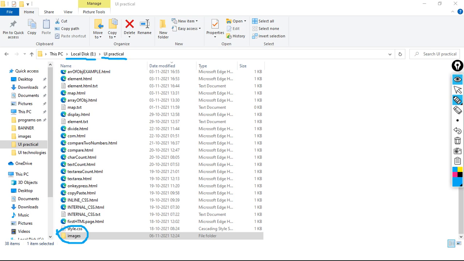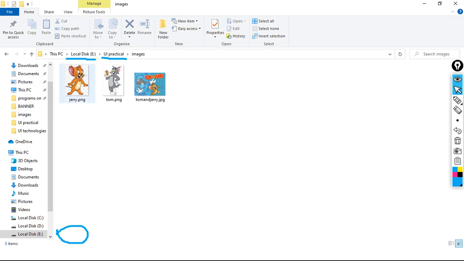Okay, then under images, let me open this images folder. I have jerry.png, tom.png, and tom and jerry.jpg. So please observe here carefully. In the images folder I have this one picture, this is another picture, and this is another picture.